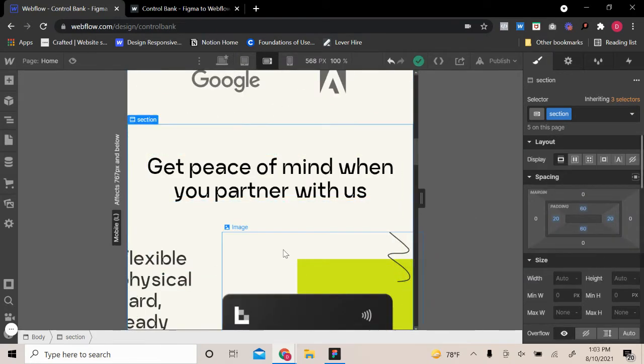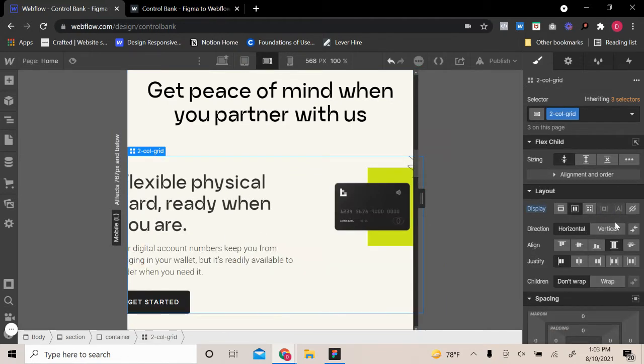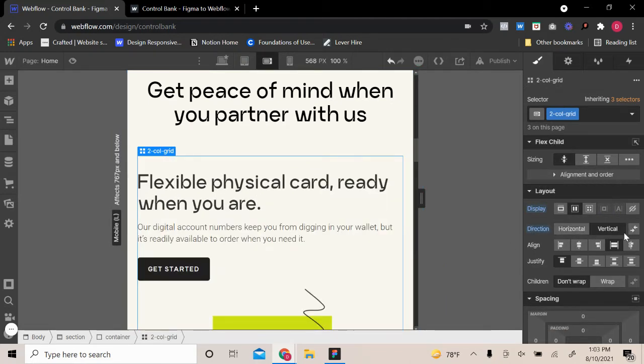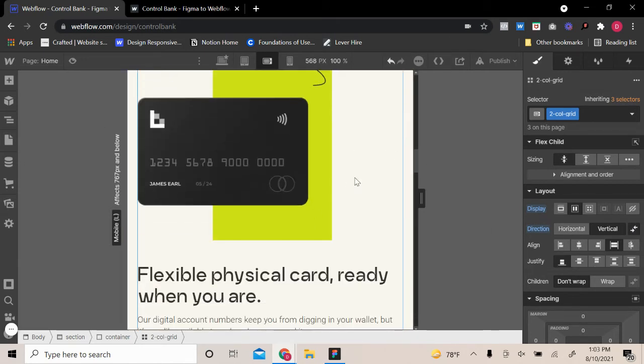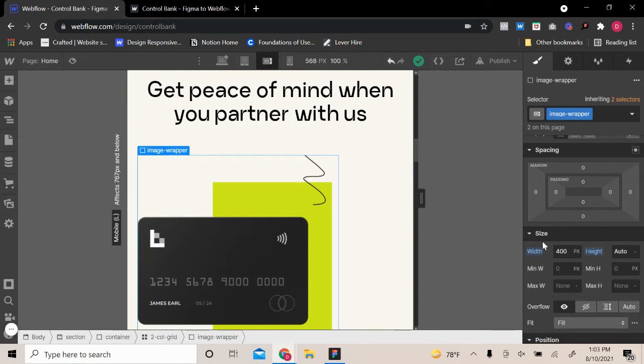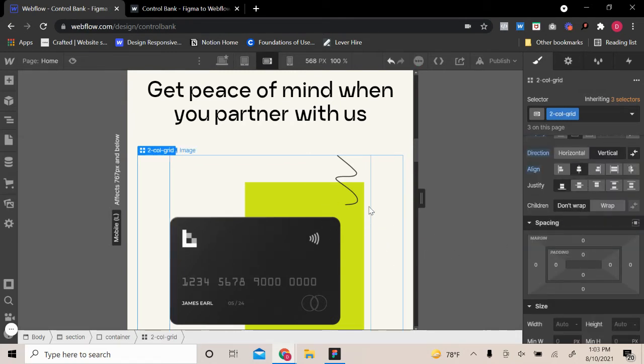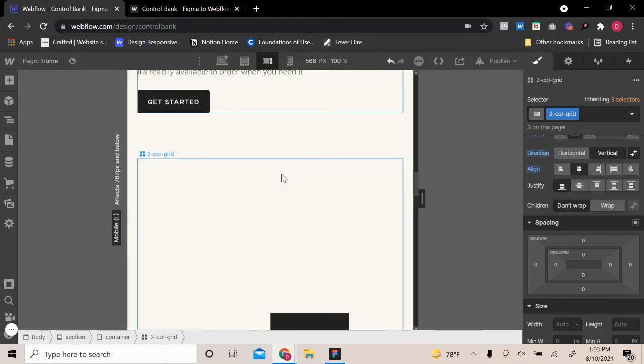So for this section, I'm going to want to make our 2-column grid a flex box once again and change it over to vertical. And I'm going to do another reverse so we get the image on top. So same thing applies here. For our image wrapper, we did give it a width, remember? So now we're going to get our 2-column grid and push it to the center. And what you're going to notice is our